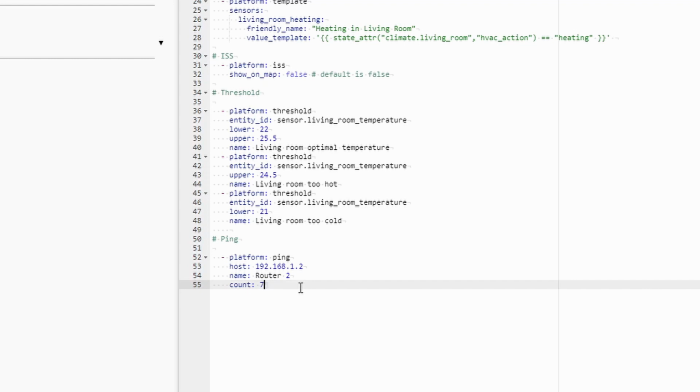The last option allows you to specify the polling interval. Default one is 5 minutes, and you can of course make it shorter or longer. Let's type here scan interval, and let's type here 30, and this will be 30 seconds. At this point we have created a new binary sensor with the ping platform that will be pinging the host IP address